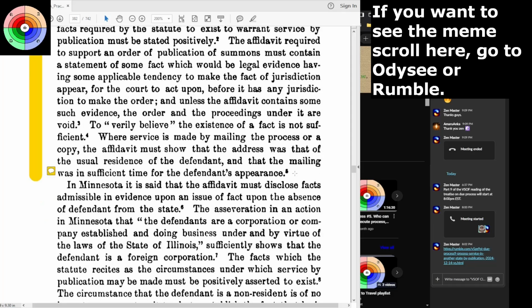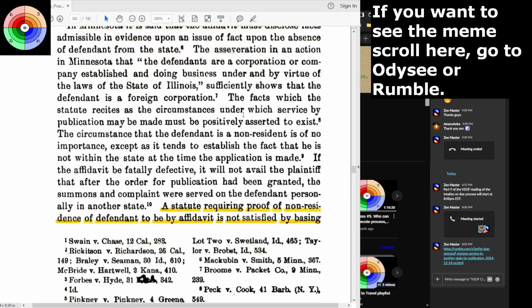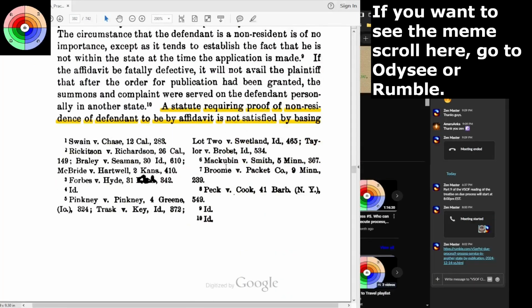It's that you can't use service by publication to alter the time frame in which the defendant has a right to answer whatever it is you're suing him with. I mean, you can't grind down or cut off the defendant's clock to answer just because you're using this method of service, okay? So skipping down, a statute requiring proof of non-residence of defendant to be by affidavit is not